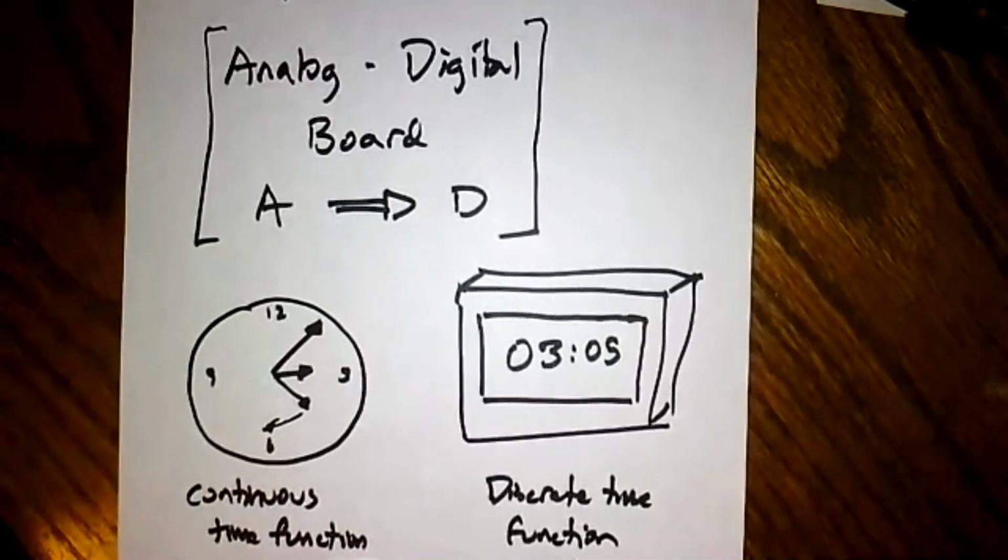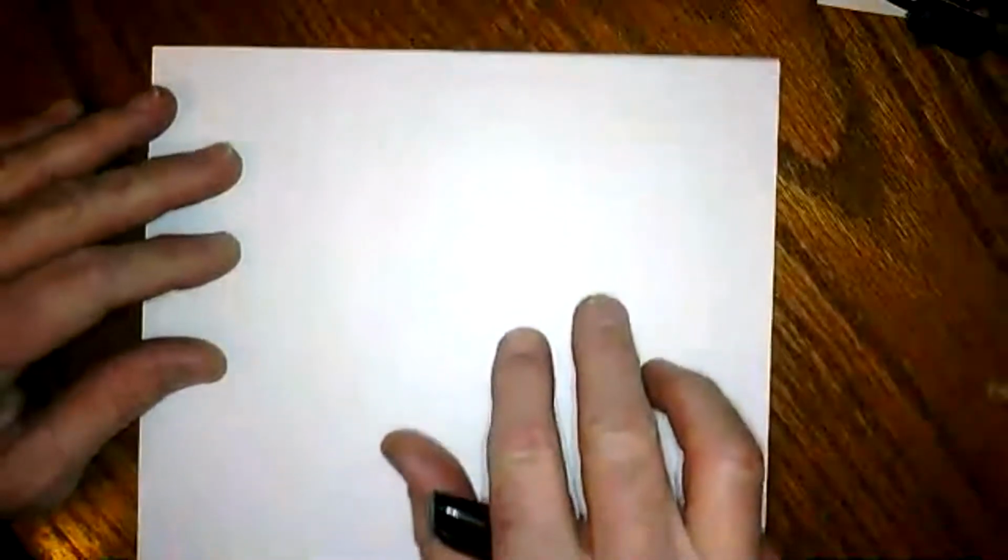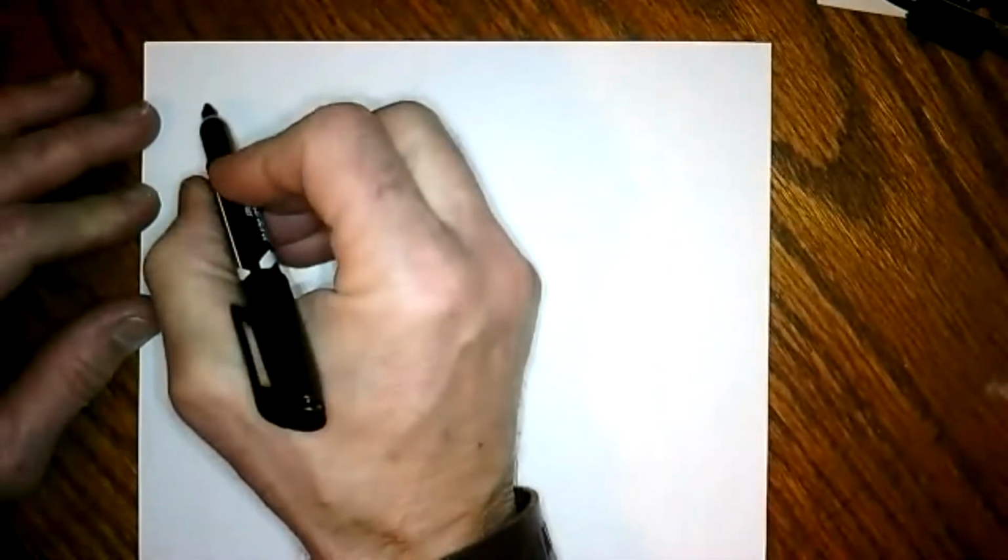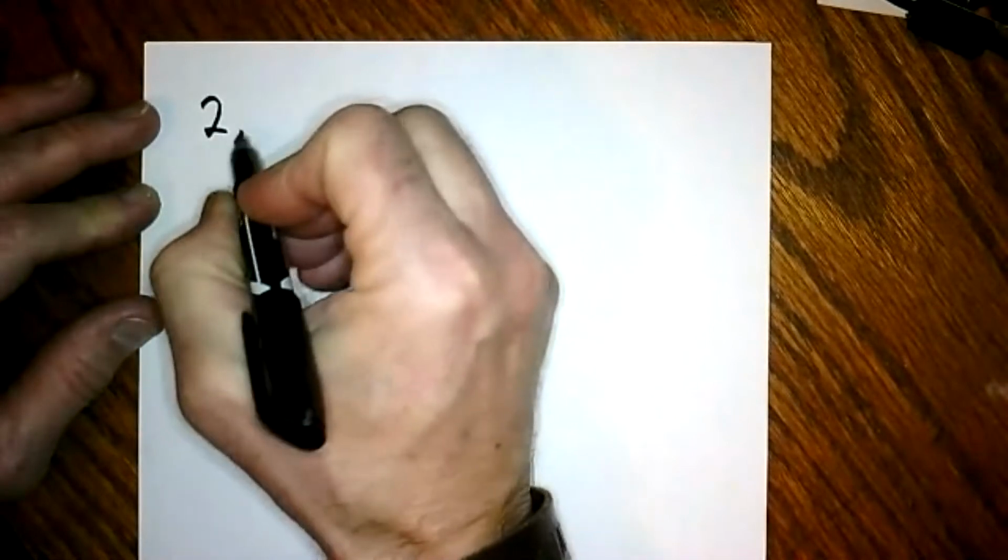Okay, so now let's talk a little bit about how computers work and how A to D boards differ from each other. So computers talk to themselves in binary. And in order to understand binary, I think it's important to think back to what our number system is, the decimal system. It's a base 10 system, meaning if I take a number like